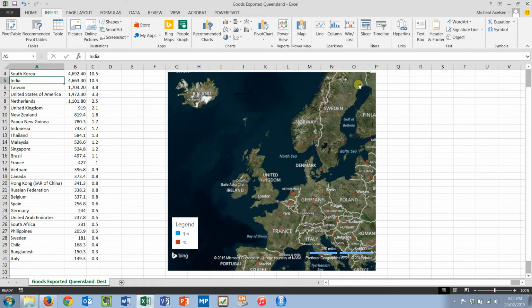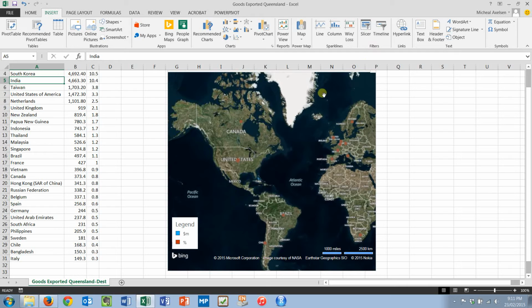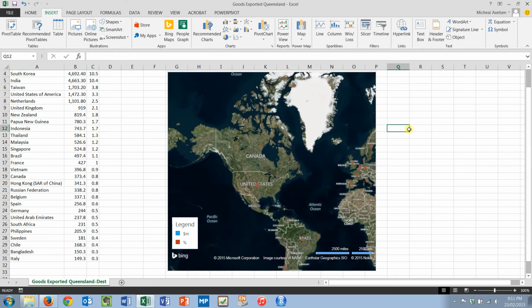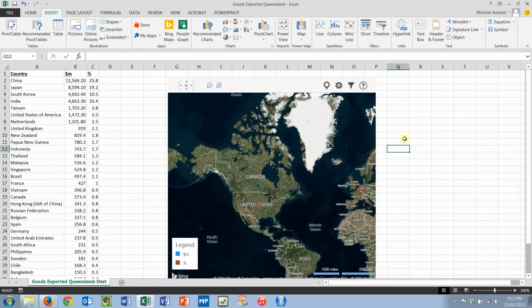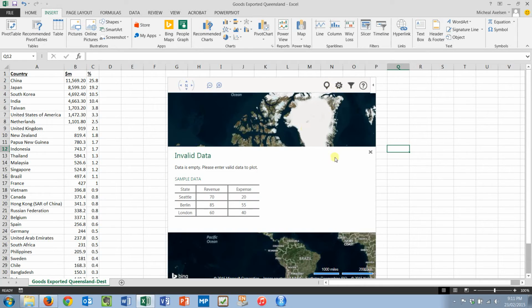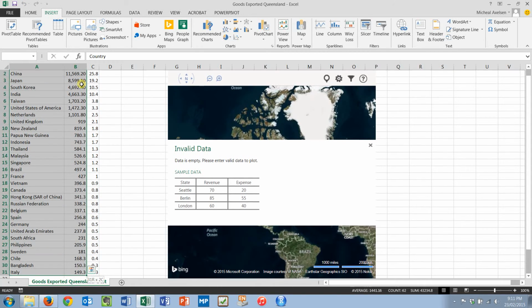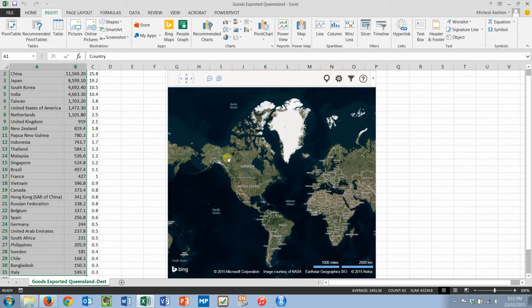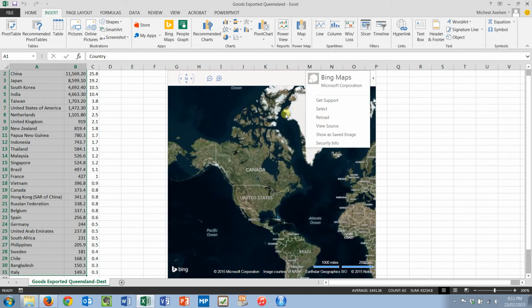Okay, now my data set, I mucked up. I really shouldn't have included that second column. So what I'm going to do is just scroll up a little bit. So I've gone over to the right, scrolled up a little bit, gone into my filter here. I can't do anything about that. So let's go to my sample data here again. Invalid data is empty. I am going to, this time, just pick up the dollar value. You know what, it might be easier to just start again and